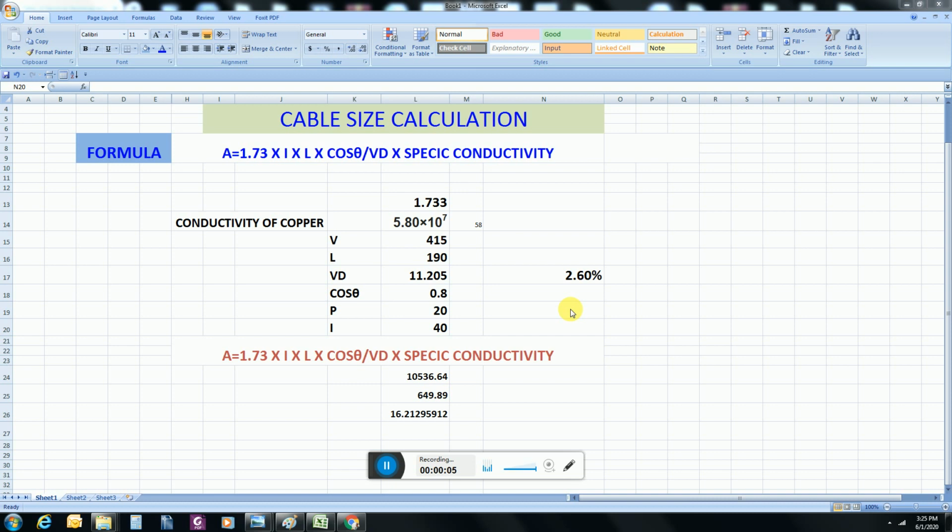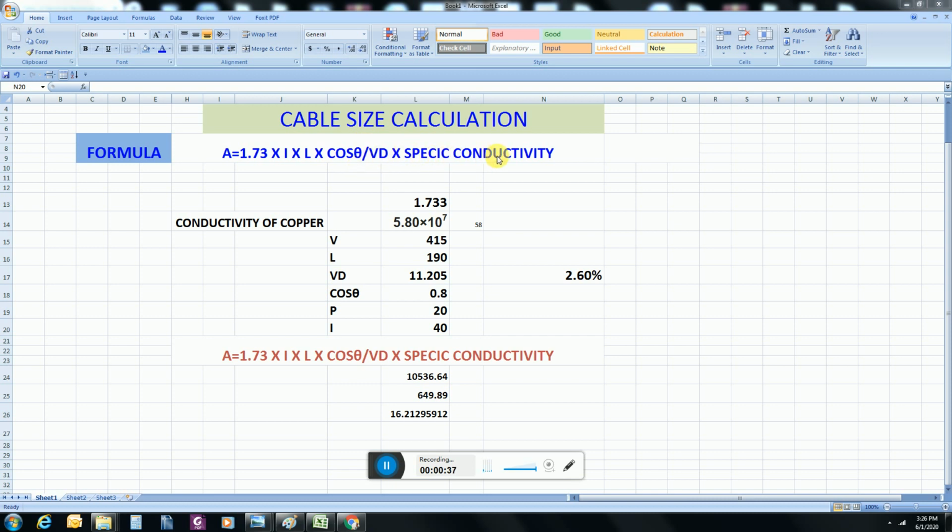Today I am going to tell you how we can calculate cable size from a given ampere rating. For this calculation, the basic formula is: cable size is equal to 1.73 multiplied by current, then multiplied by length between 2 points, or you can say distance between 2 points, then multiplied by power factor cos theta, divided by voltage drop multiplied by specific conductivity of